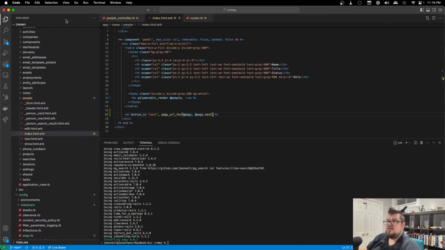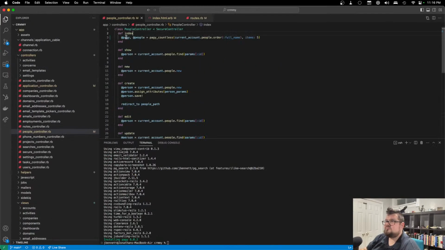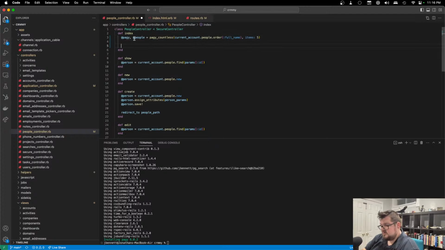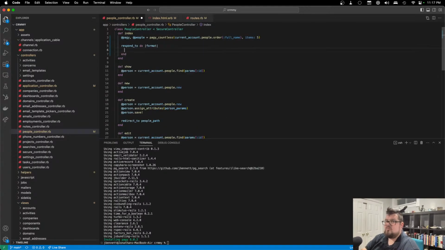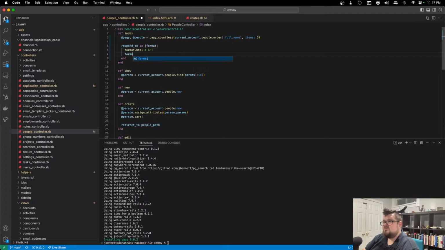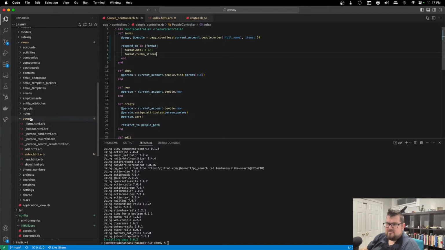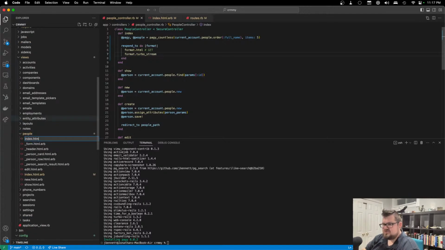So if we go into our controller, in here we're going to do respond_to do |format|. When we first hit this page, we're going to be doing a normal HTML, and that's going to be happening when we do our GET request. But because we're posting to the server, Turbo Stream is going to take over, and it's going to be doing the separate Turbo Stream for that. So in here, we can now do an index.html